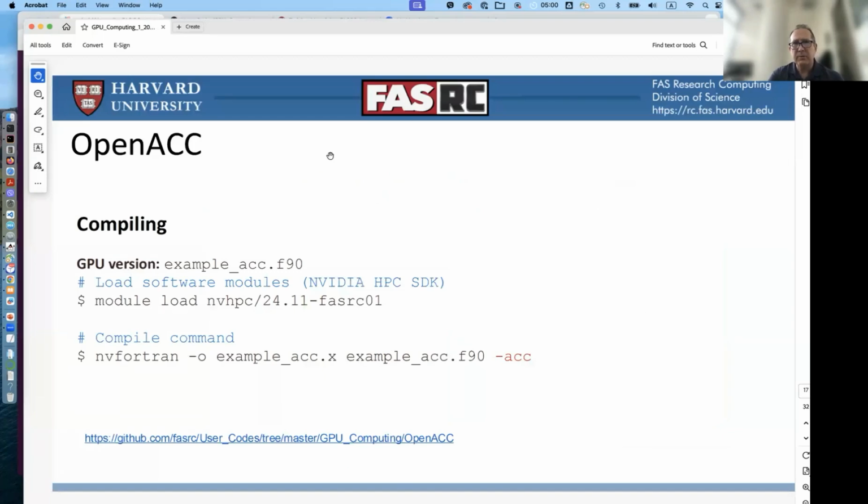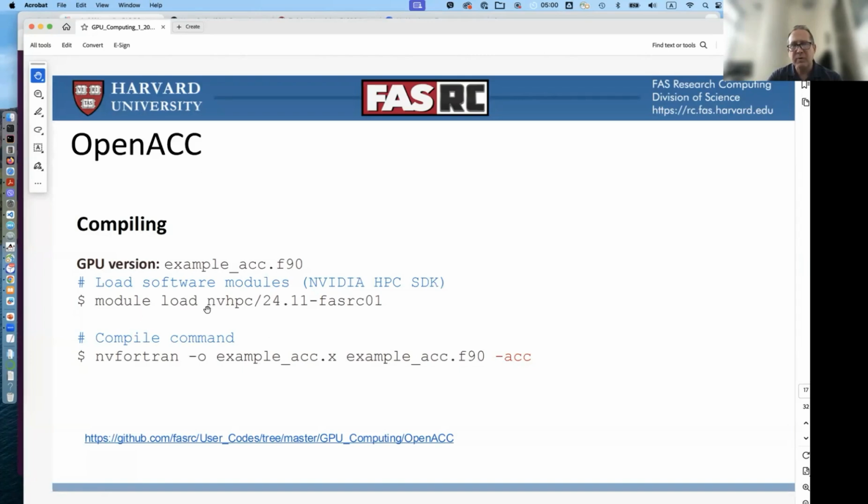So how do you compile with OpenACC? On this slide we show how the compiling command would work. I wrote a very quick example which uses Fortran code and implements OpenACC to illustrate how this can be used on the cluster. If you go to the link included in this slide, you will see the example, which includes details on how to compile and run it and eventually submit a job to the cluster using the compiled code. The important point is that in order to use Fortran with OpenACC, you need to